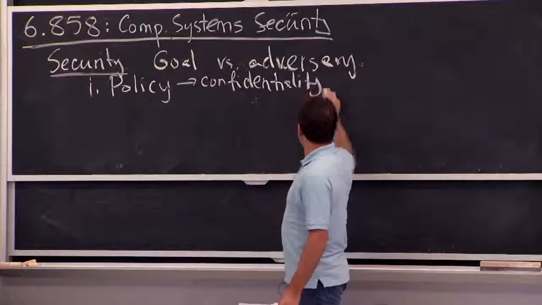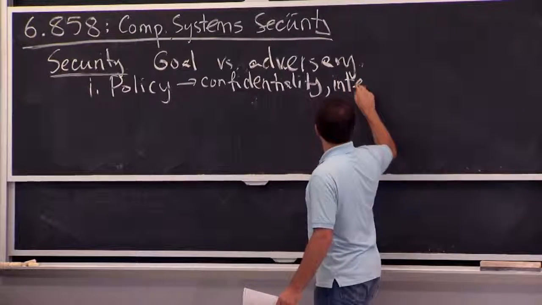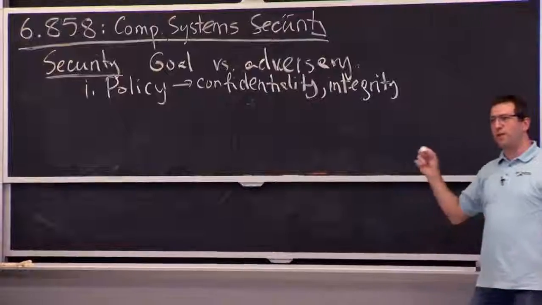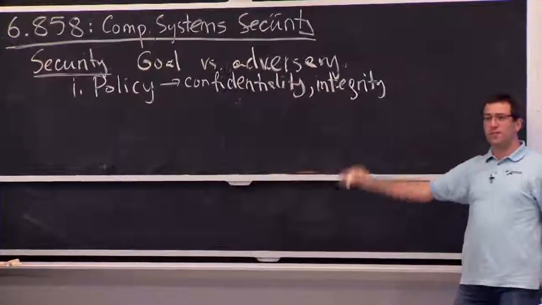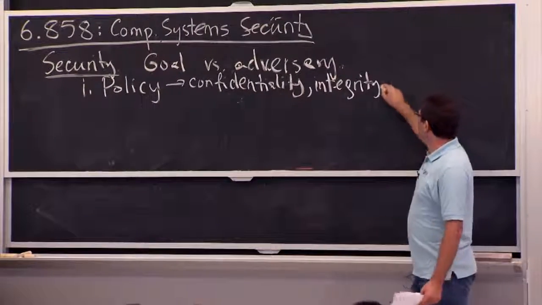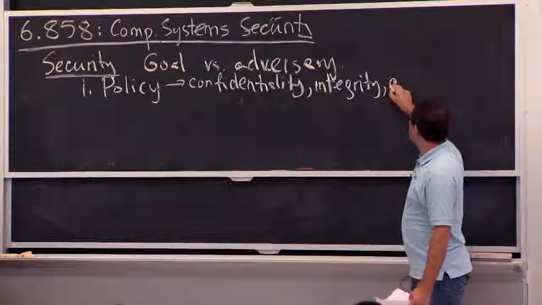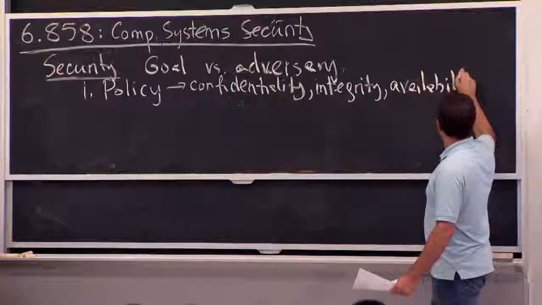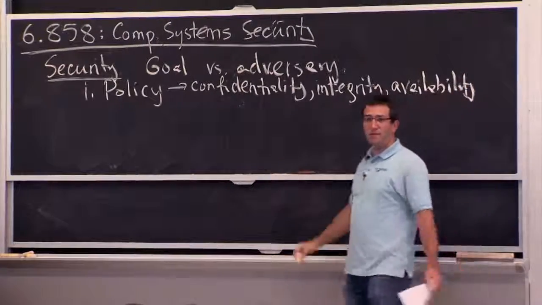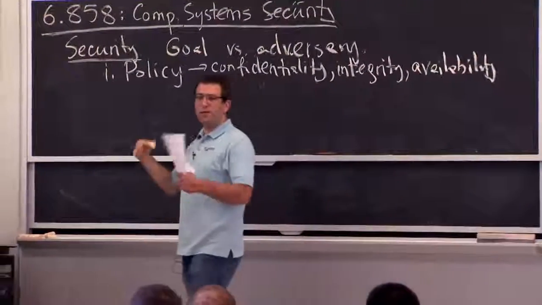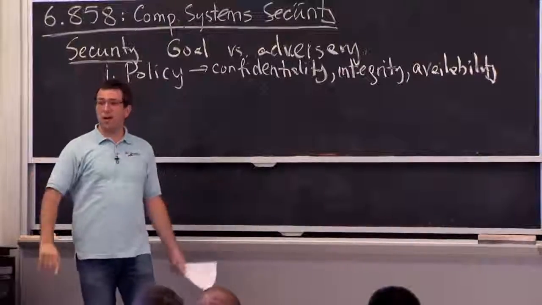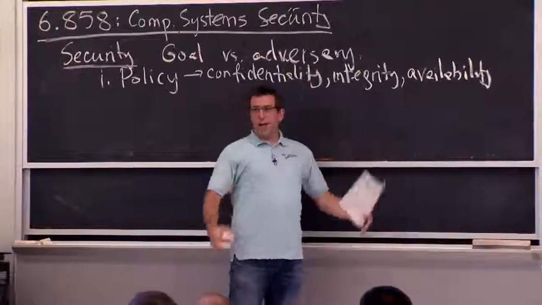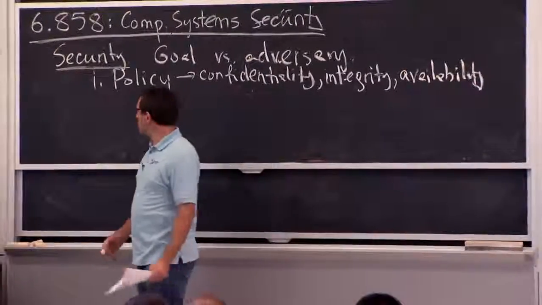Another example of a security policy has something to do with integrity. For example, only the course staff can also modify the grades file, or only the course staff can upload the final grades to the registrar's office. That would be great. And you can almost also think about things like availability. So for example, a website should be available even if the bad guys try to take it down and mount some sort of a DOS, denial of service attack on it. So this is all well and good. So these are the policies that we might actually care about from a system.